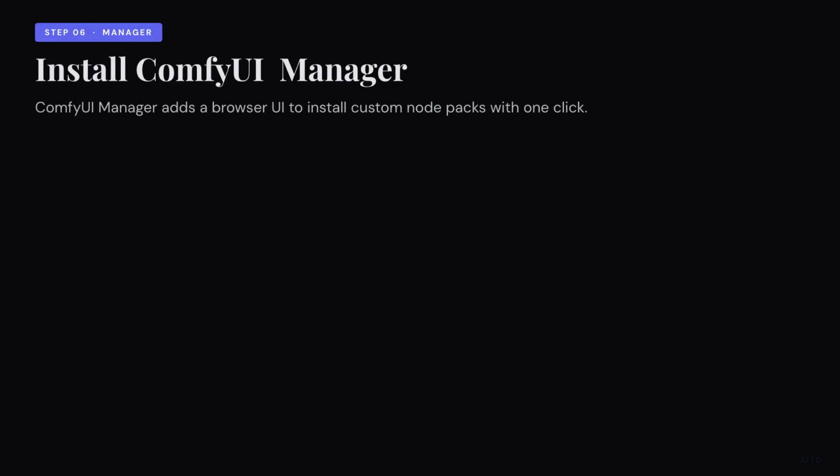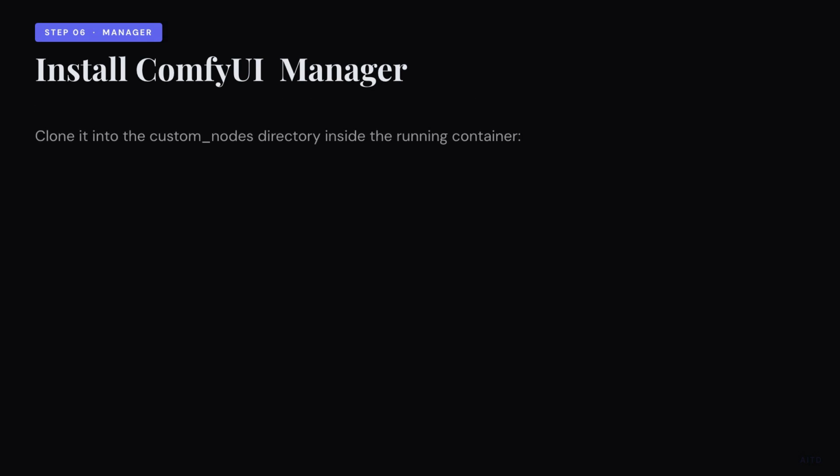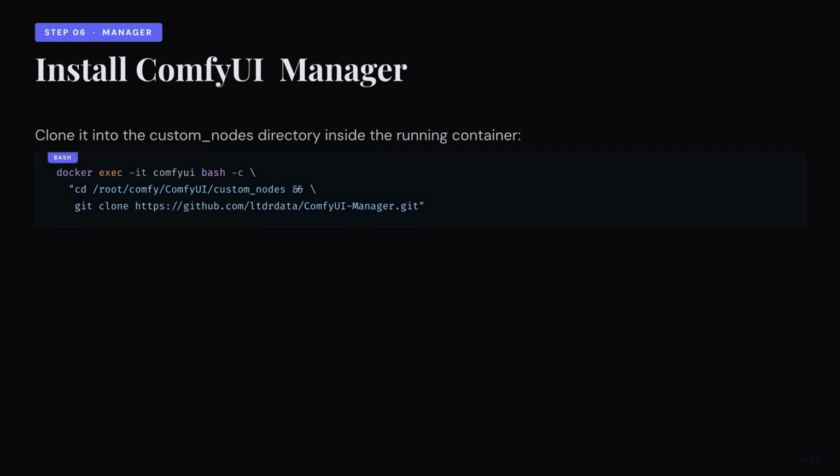Finally, install ComfyUI Manager. This gives you a one-click browser interface to install custom node packs for ControlNet, face restoration, video generation, and more. Run this command: docker exec -it comfyui bash. Then cd into the custom_nodes directory and git clone the